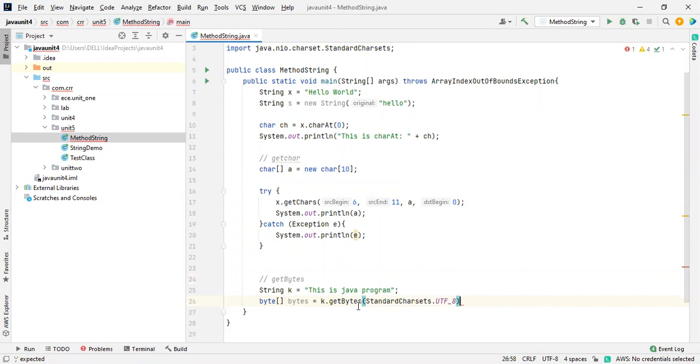Sorry, let me remove this. It is not necessary for you. So each and every byte will be copied to this array. This is a single byte. This is one more byte. This is another byte. So each and every character will be copied to the array so that we are going to print it based on this.